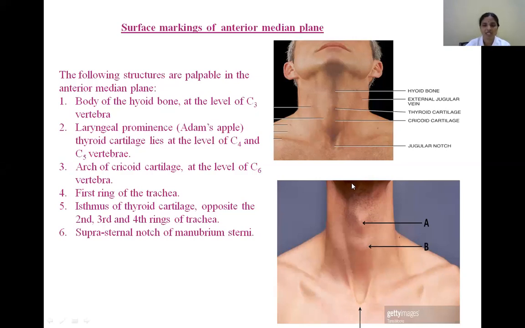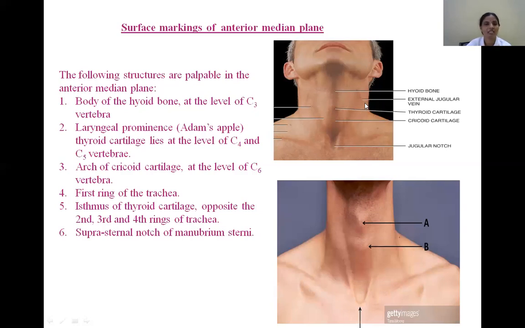Then what is the anterior limitation of the neck? Anteriorly, there is no clear-cut boundary, but we draw an imaginary line from the symphysis menti to the suprasternal notch. This is the upper surface of the manubrium sterni, which forms a notch known as the suprasternal notch. This imaginary line limits the anterior extremity of the neck. Among these 4 boundaries, we have a quadrilateral area. Now we are going to dissect this region.